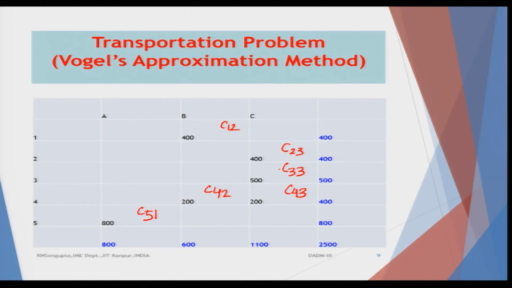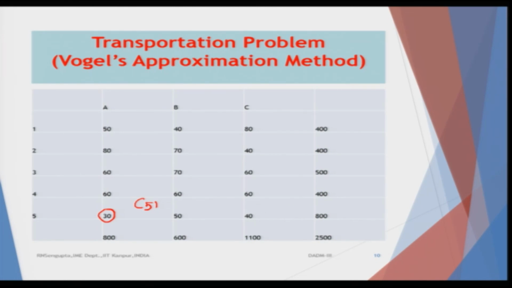Next, let me come to B. So, I need to have C 1 2, another value is C 4 2. So, if the allocation was done for 50, your question would be why not 50? The 50 is not possible because we have already allocated the total 800 into 5. So, nothing can be done now. So, this was not done means not possible. So, I will put the highlighters, this is already done, complete, booked.